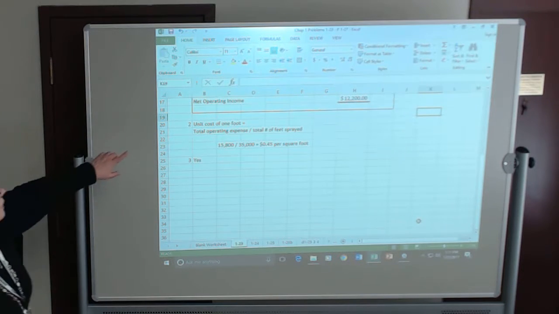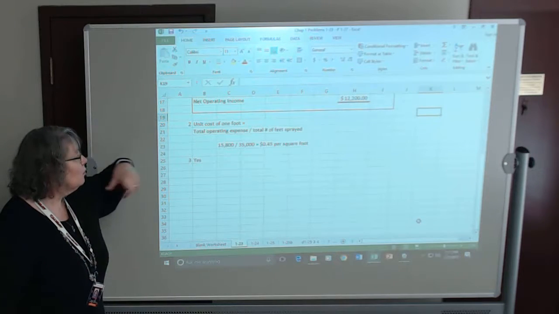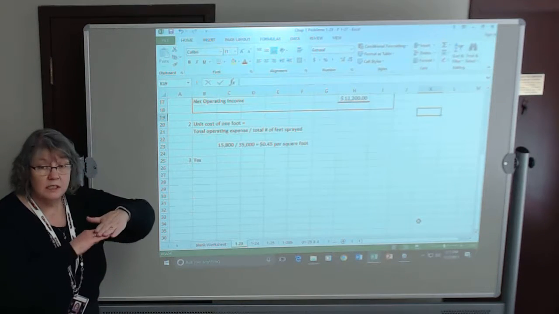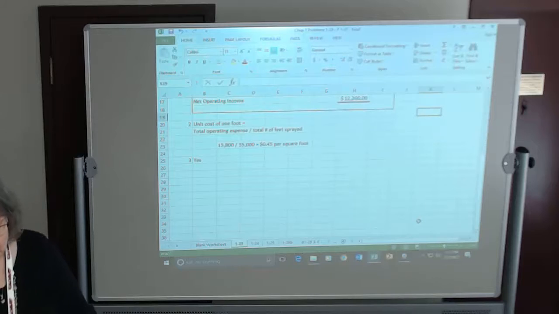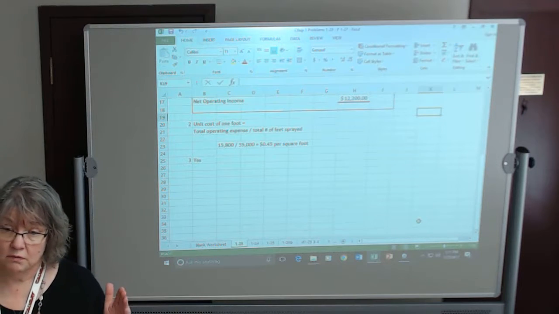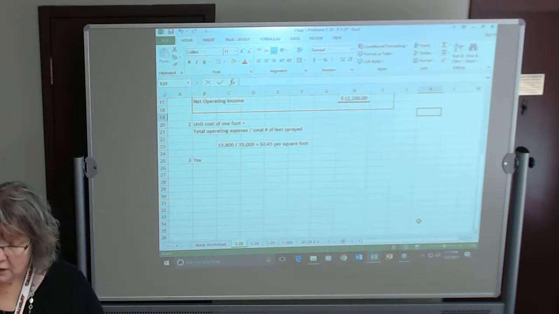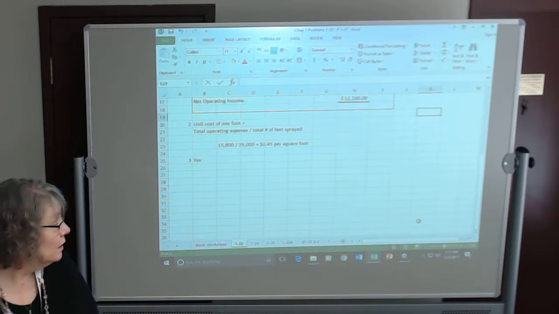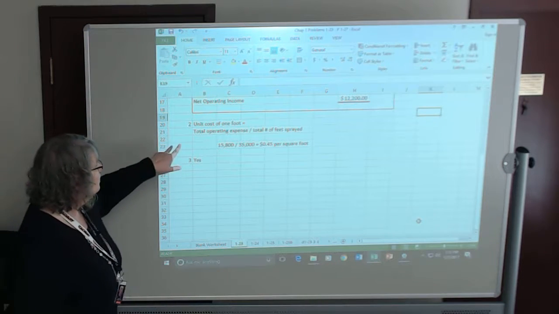Anyway. So it's a tree spraying service, and they want to know this. The number it gave over here was they earned 28,000 in revenues, and they sprayed a total of 35,000 feet in height. Okay, it's at the bottom of 31. So what you're going to do is you're going to take